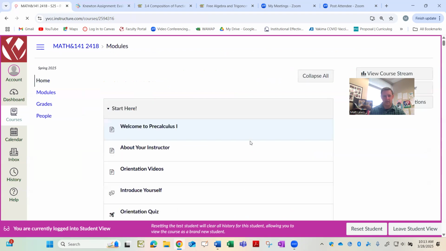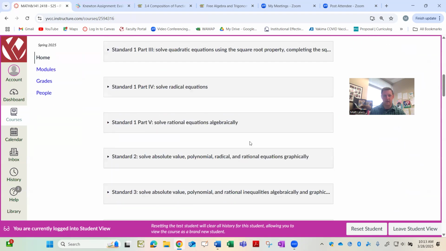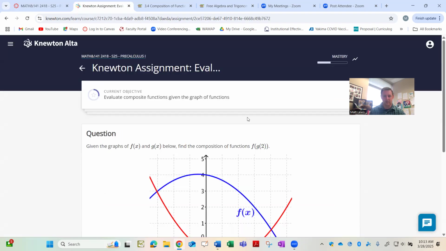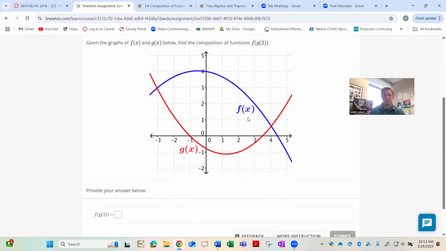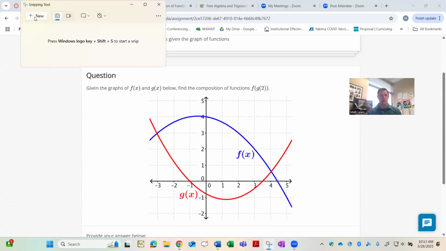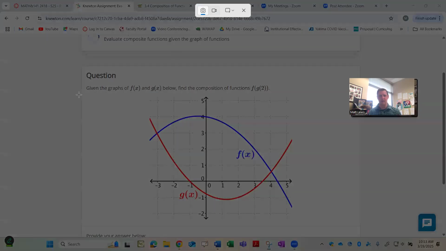The thing to notice is I do have due dates for these Newton Alta assignments. Oh yes, there's one other thing I wanted to show you before we move on from Newton Alta assignments. And that is, what if you are needing some help from me, but it's not a time where you can stop by my student hours or something like that? Well,